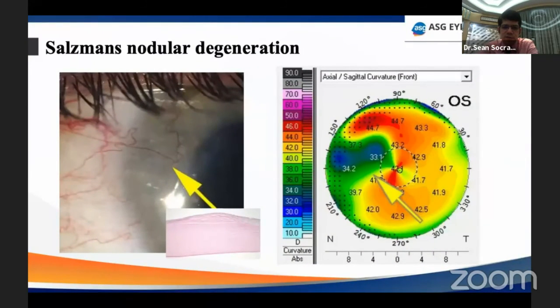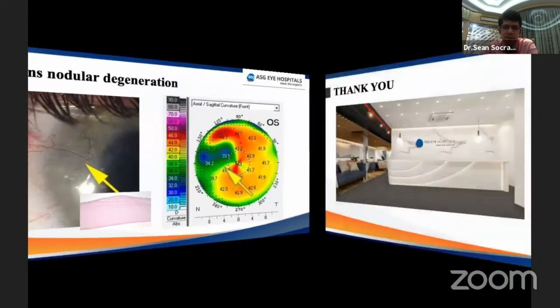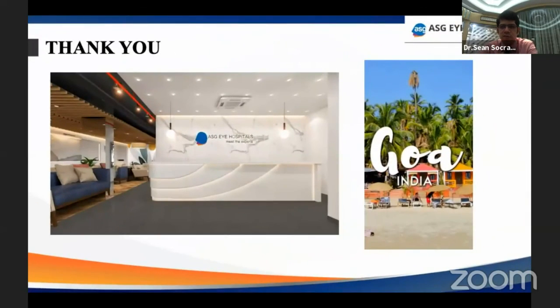Again, sometimes there is a very small nodule in the periphery, in this case a Salzmann's nodular degeneration with heaped-up epithelium and a thickened basement membrane. In these cases, we may get a good central keratometry and go ahead with the surgery. But post-operatively, if you really look at the corneal surface, it does induce a surface irregularity due to flattening of the cornea in that region, with steepening adjacent to it. If you see the topography here, the entire surface looks very irregular. So in these cases, it's better to go for a monofocal intraocular lens and avoid premium lenses where you're likely to have a problem.